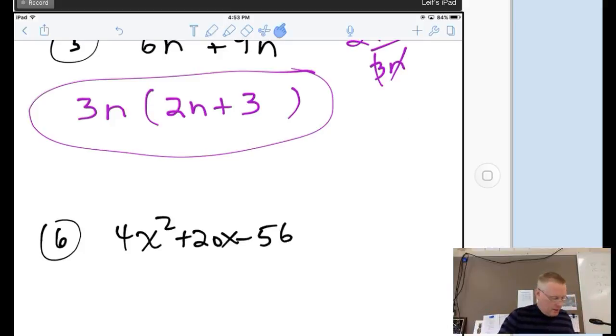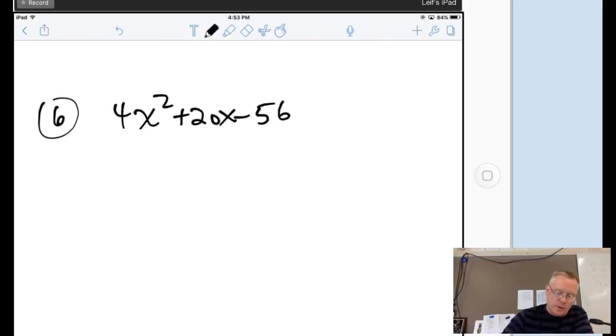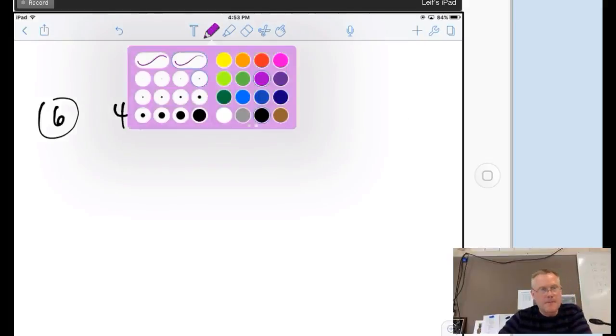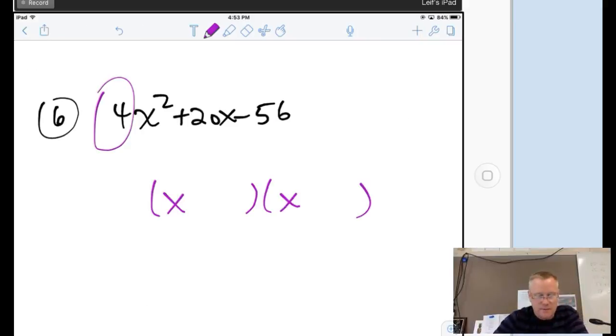All right, now, in the next section here, I'm going to show you how to factor when I've got something in front of the x squared. But there's one trick I always look for, and this one has it. Whenever I see this, that 4 is messing me up, because that means I can no longer do that nice easy thing where you just go x and x. You can't go, what are the factors of 56 that add up to 20 here, because there's that 4. However,